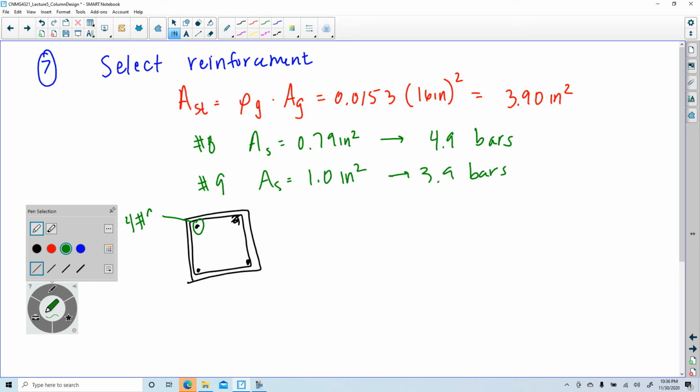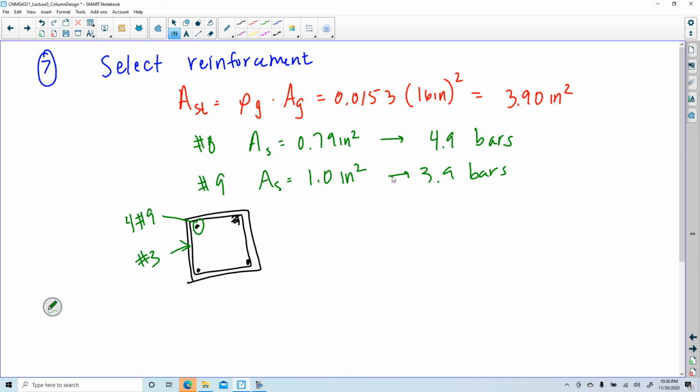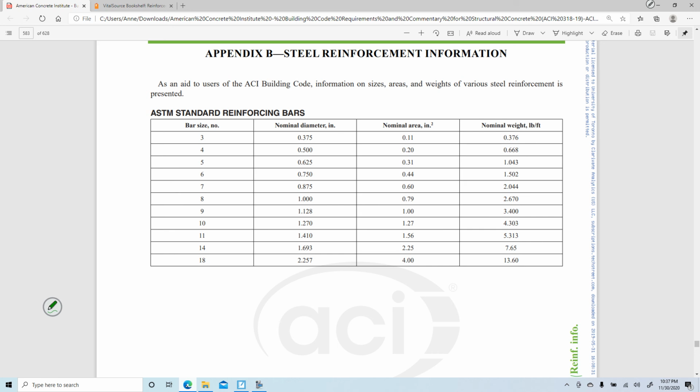For number 9s, that'll probably be a number 3 tie, whatever it's called. And we've got 16 inches by 16 inches. So there's my designed section. I chose a number 3 because, which we'll have to go back and check, but